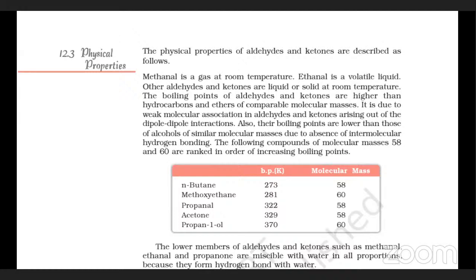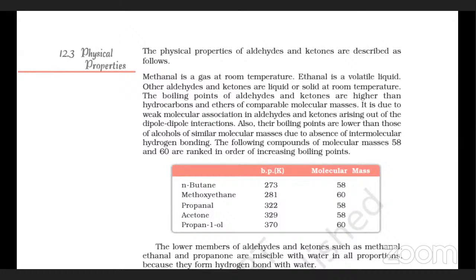Methanal is a gas at room temperature. Ethanal is a volatile liquid, and other aldehydes and ketones are liquids or solids at room temperature. మనకు మిథనాల్ ఏ ఫామ్ లో ఉంటుంది? గ్యాస్ ఫామ్ లో ఉంటుంది. ఇథనాల్ ఏ ఫామ్ లో ఉంటుంది? లిక్విడ్ ఫామ్ లో ఉంటుంది, which is a highly volatile liquid. అంటే మూత తీసి పెట్టేస్తే, there may be a chance of volatility, ఆవిరైపోయే అవకాశం